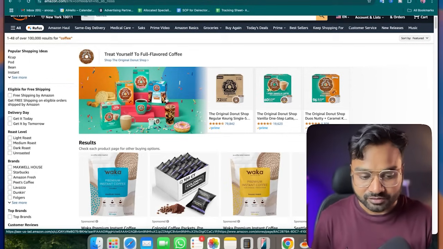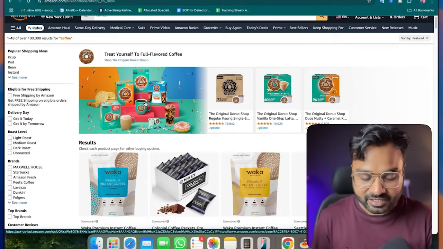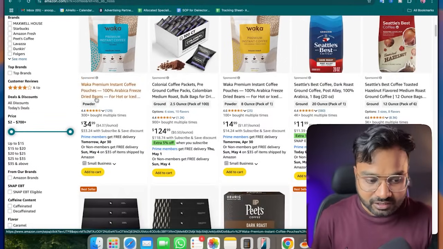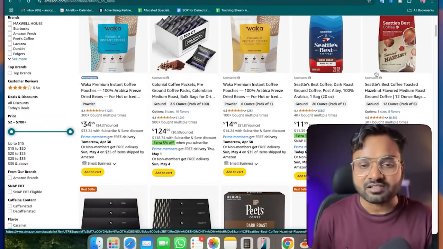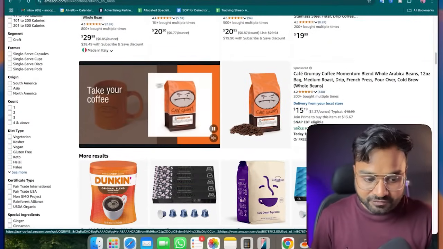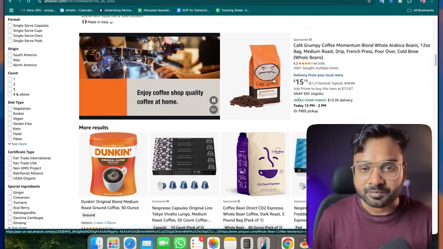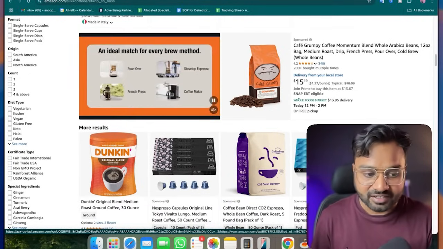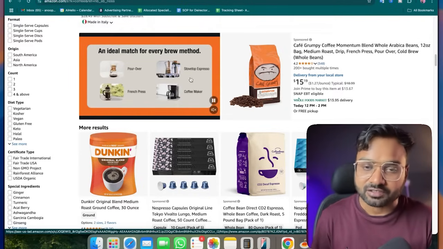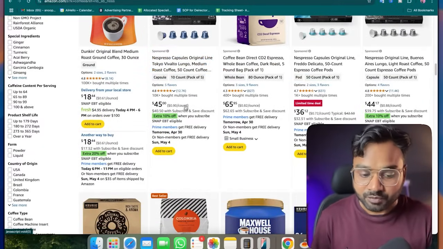This is called creative. I'll create another video for this one. You can put a video or an image as creative here, and you can even put multiple images here as well. So this is sponsored brand ads. And if you go a little deeper, you see here, these are also sponsored. These are sponsored products ads, right? And if you go deeper, you will see a video playing here. This is also sponsored. This is sponsored brands ads, again sponsored brand video ads. This is an ad targeted with a video creative. Next, if you go to this, you see these are sponsored. These are again sponsored products ads.